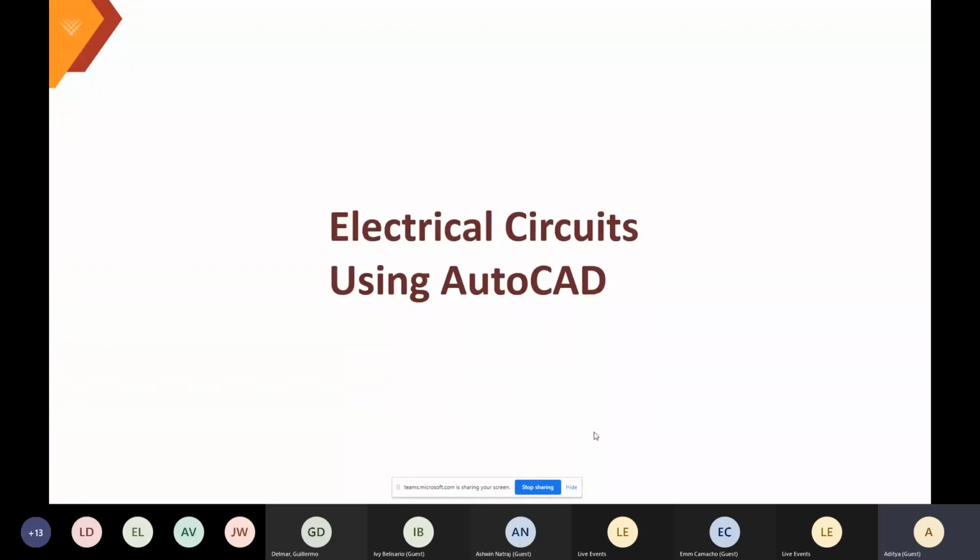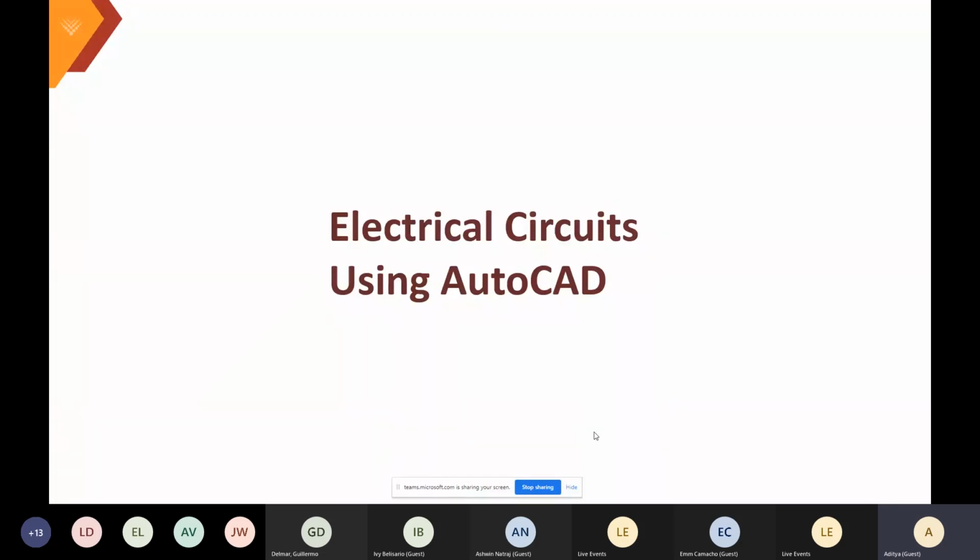So, today we are going to discuss the electrical circuits using AutoCAD. AutoCAD is one of the buzz products of Autodesk. Everybody knows that. And AutoCAD is not a specific industry product. We can't say that you can use AutoCAD only in the architecture industry, in manufacturing, mechanical and automobile. There is versatility in this software. We can use this product everywhere. That's why this tool is known as AutoCAD Vanilla, because we can use this product in all types of industries,